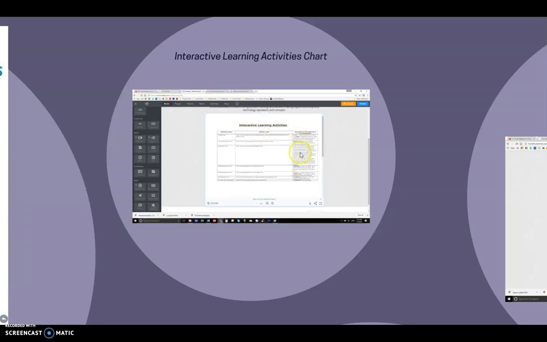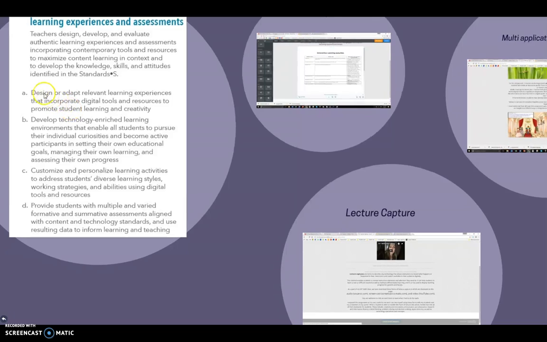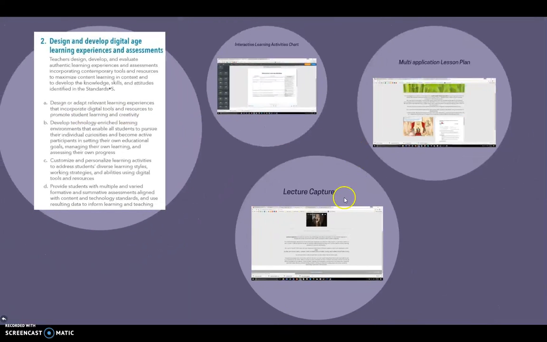It's a chart that displays many website links that teachers can use according to their own curriculum. It's a great tool to have, again, to enhance and promote student learning and creativity. Which, if you see in the standard, in the subcategory, it's exactly what it says. Design or adapt relevant learning experiences that incorporate digital tools and resources to promote student learning and creativity. Okay. The second example I chose is that